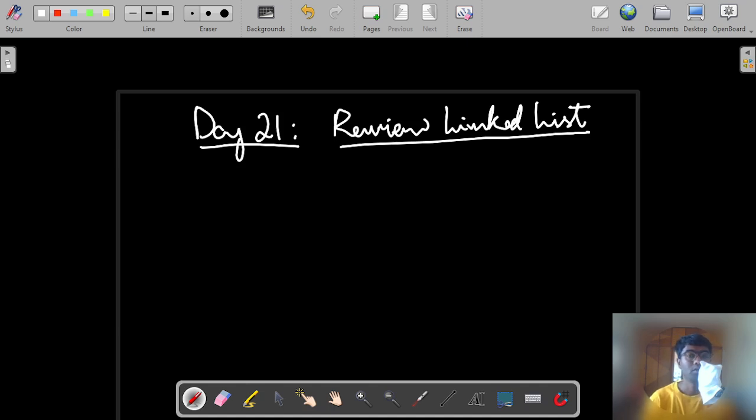Hello everyone. We are going to be revising all the learnings that we have done so far with the linked list topic. So we are going to be looking back at what are the different topics that we started, starting from day 15 where we had an introduction on linked list, where we described how a singly linked list looks like,